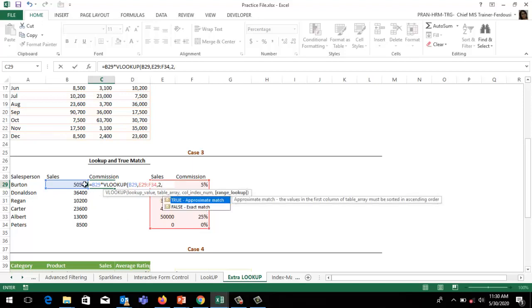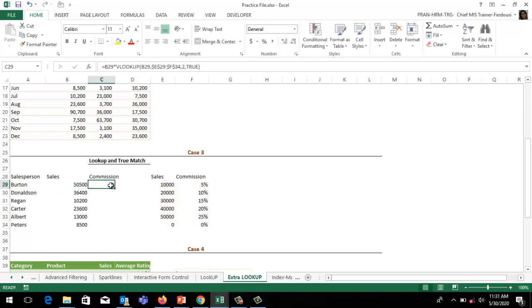Now we do not have the exact matched information from this column, that's why we have to use true. That means approximate nearest match. We have to fix this table by pressing F4 and close the parenthesis, then press enter.